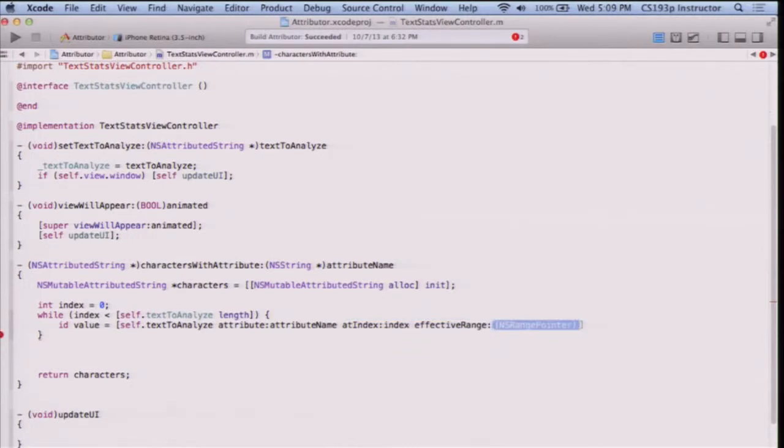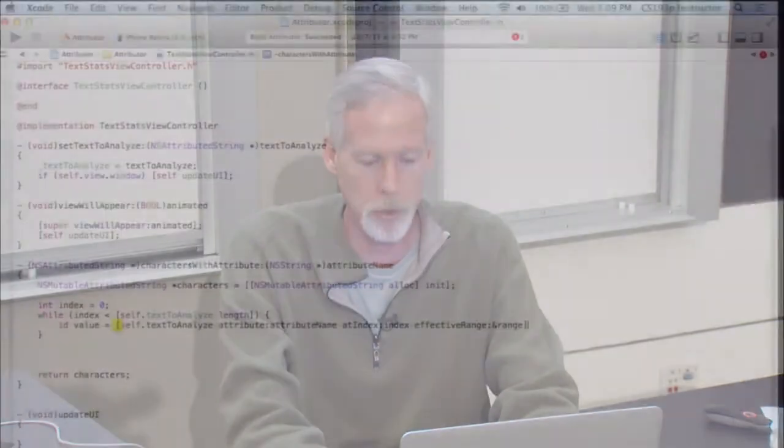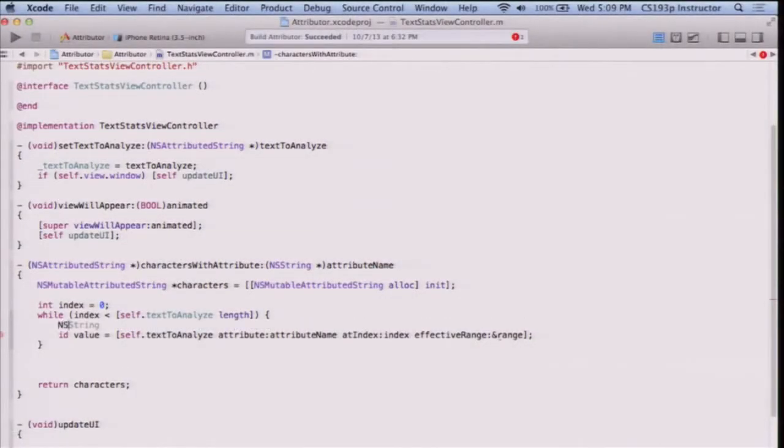effectiveRange. Okay, so this effectiveRange, remember I told you, is going to return the range that this attribute is the same for, right? So if this attribute is there for 12 characters in a row, it's going to return this range, 12 in a row. So I'm going to capture that range, and you'll see why I want that. Okay, so I better create a local variable here, this range. So this is just a local variable range for this struct, and I'm just going to pass a pointer to it so that it fills that struct out with the effective range. Okay, questions there? All right, so if the value is